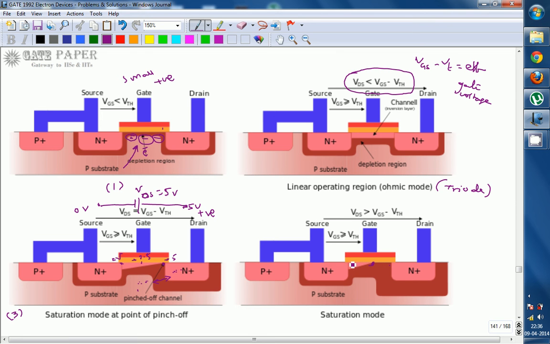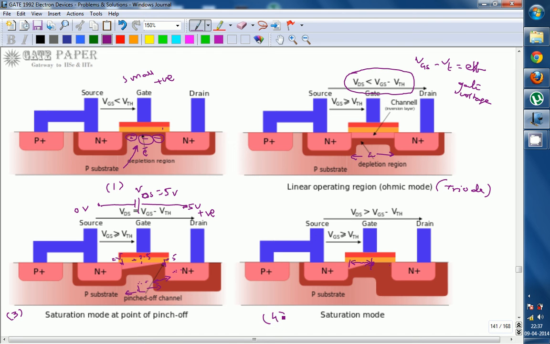Mobile charge carriers will be present only in this portion. Previously the mobile charge carriers were present in the entire portion of the channel. Channel is nothing but this one, L, the entire region between the two n plus regions. So L is the entire region, and in this case, that is the fourth case,